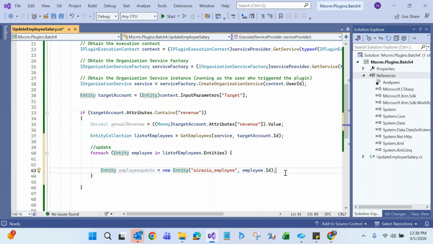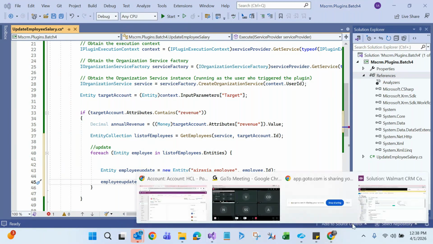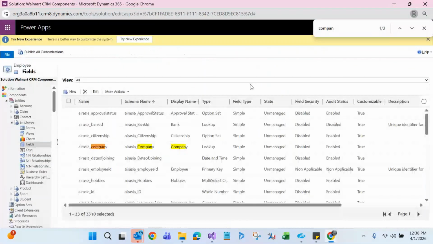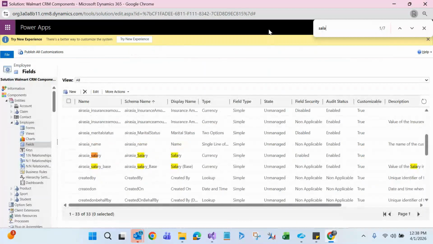So now I created this object. Which field do I need to update in an employee? Which field we need to update? Salary. The salary field. So employee update, open close, double quotes, salary. What is the schema name of salary? We don't know. Let's find it out, the schema name of employee. Fields, salary. See, this is the schema name. Copy this,